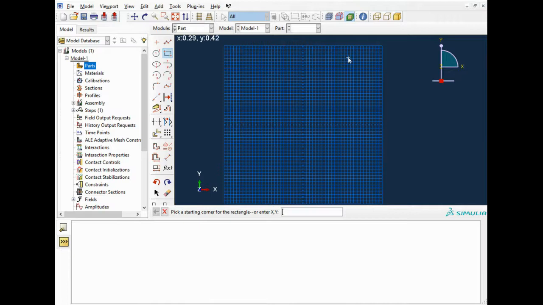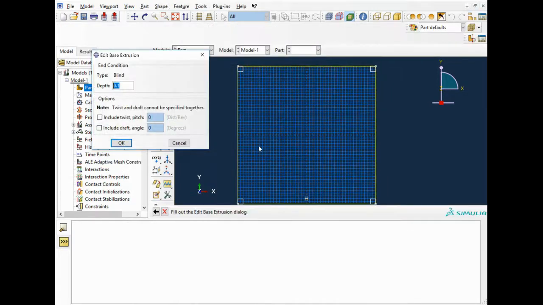I'll start doing the corners of the part, so I'll start with 0.5 and 0.5, again with minus 0.5, minus 0.5. You can do your part in any way you want or any size you want. I'm going to give it a depth of 1,